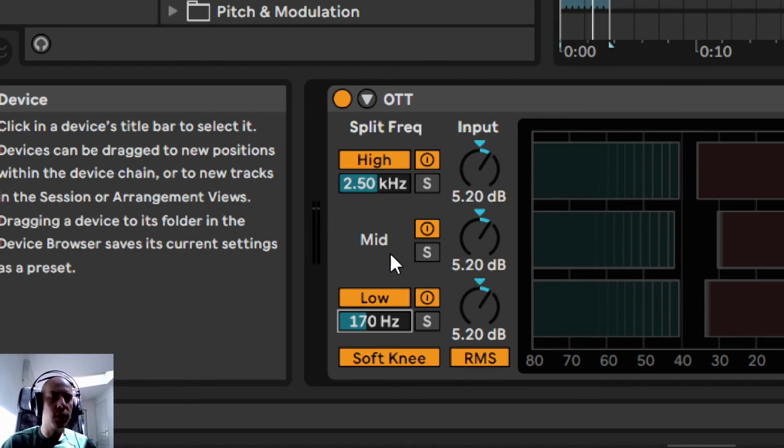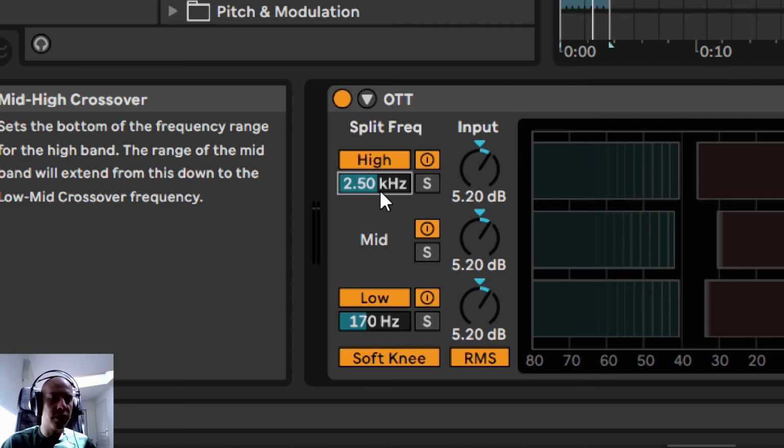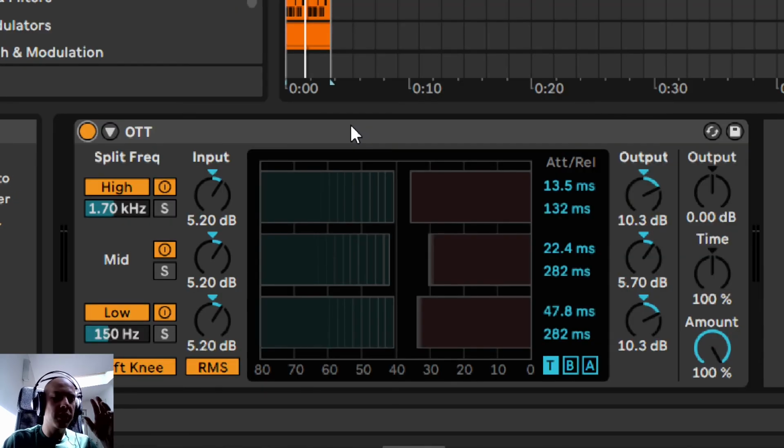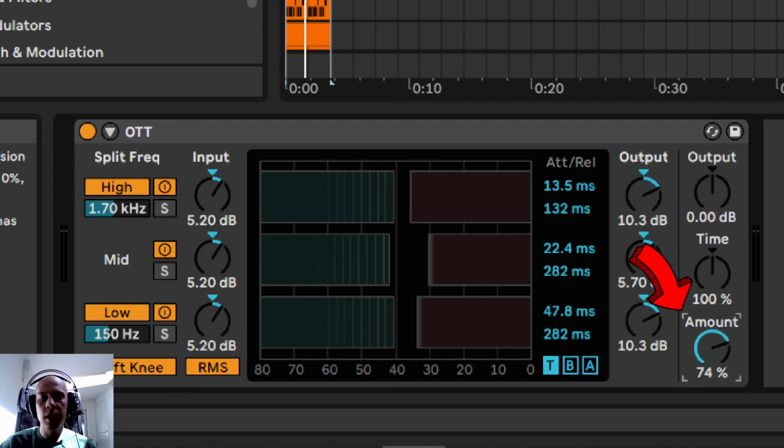The amount of high frequencies which are squashed and being brought up front to the beat can be controlled with the crossover frequency filter. This compressor squashes the whole percussion way too much. To control globally the amount of compression added, use the amount knob in the bottom right section.